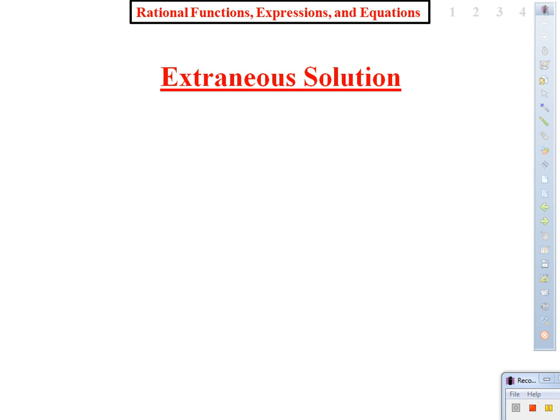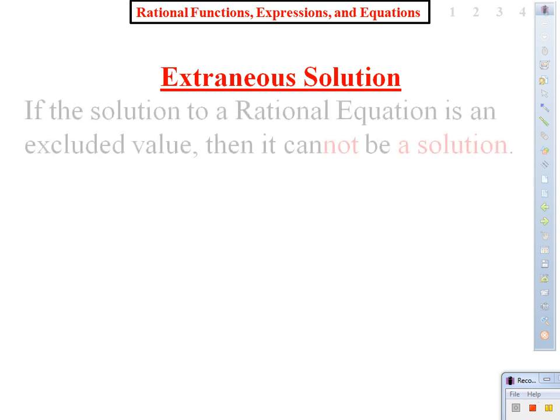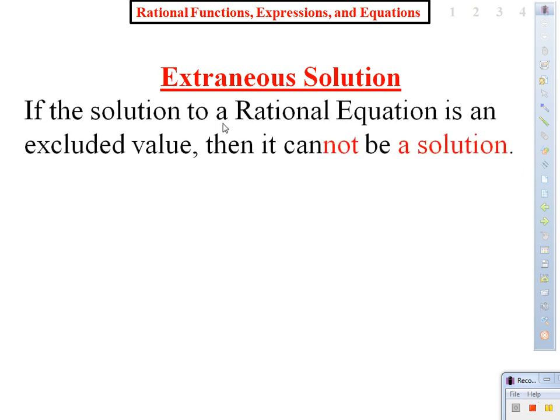Extraneous solution. What is it? If the solution of a rational equation is an excluded value, then guess what? It cannot be a solution. Let me repeat that again. If you solve a rational equation and one of the solutions is an excluded value, then could it be part of the solution? No, automatically it's disqualified. That's what we know as an extraneous solution. So, with that said,